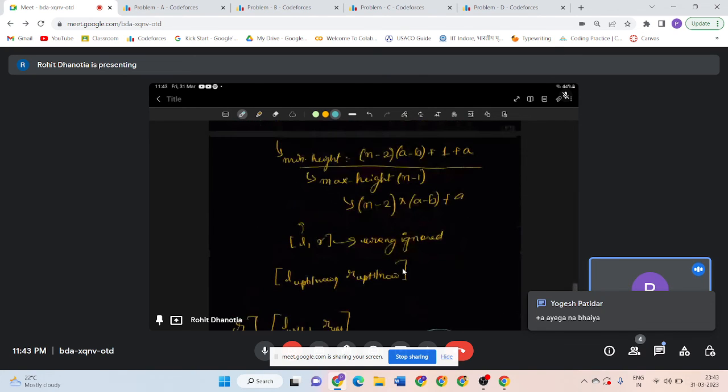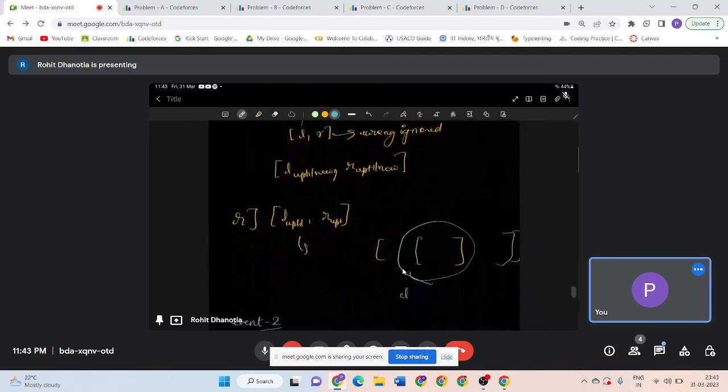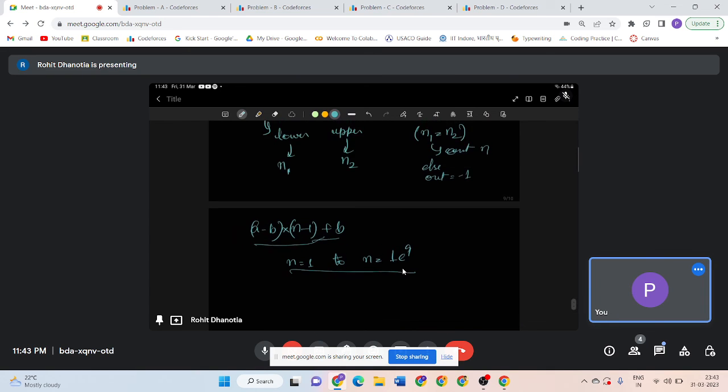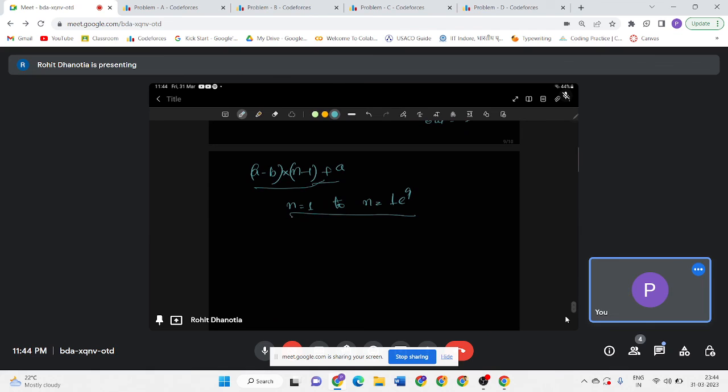No, actually these two are the same. What I wrote is, if you expand this, nothing but a plus a into minus 1 b into, so if you... yeah, sorry, I'm sorry, it was a. Thanks for correcting. So one thing is you can iterate from n equals 1 to n equals 1e9 and check,